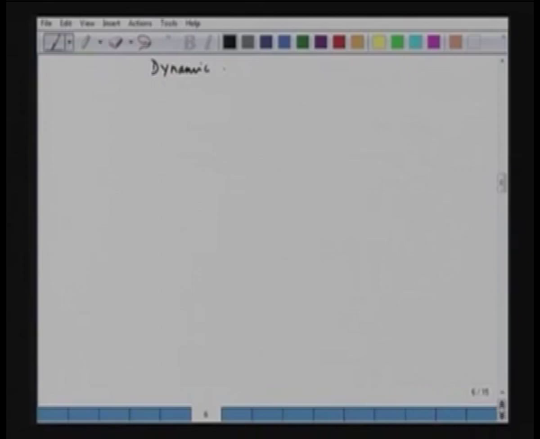So, we will take another situation where all currents are variable, IF is variable, IDS is variable, and IQS is variable. So, that is the most general situation. So, dynamic response for angle control